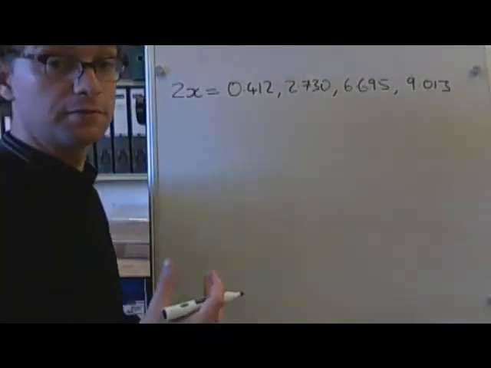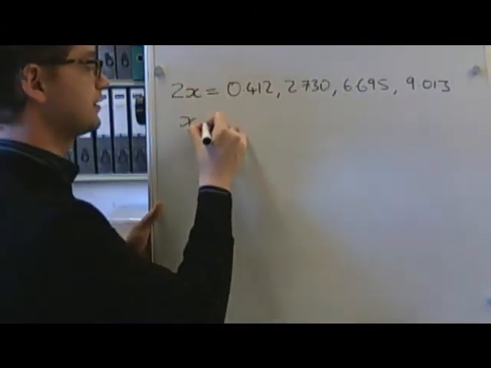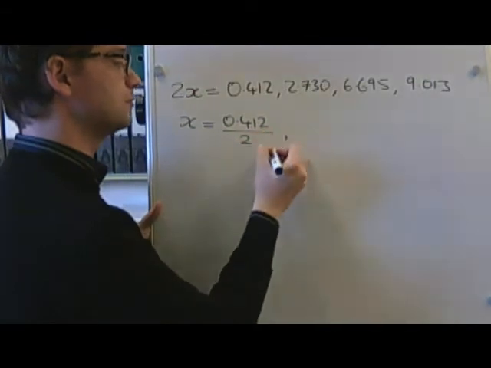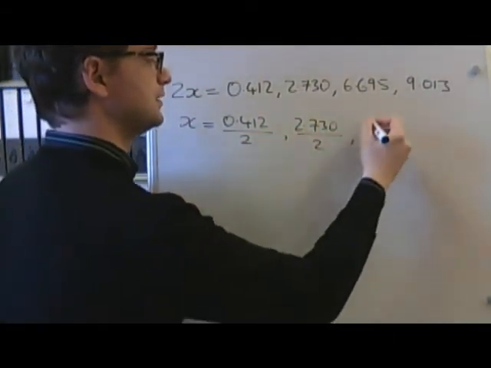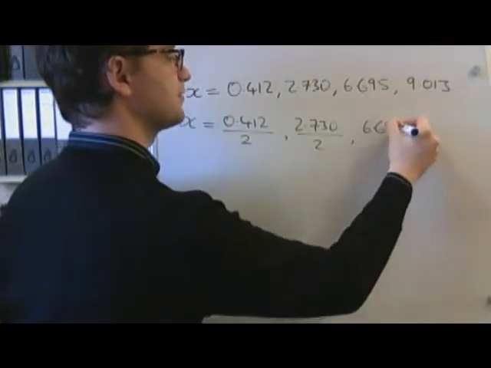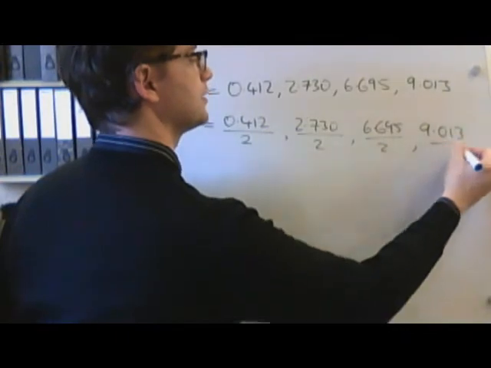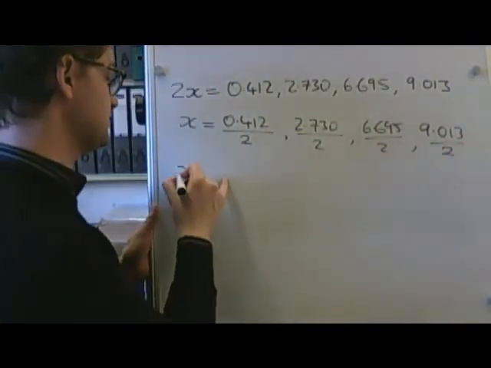And now what I'm going to do is halve all of them. All of these things are possibilities for 2x. So x just equals 0.412 over 2. And 2.730 over 2. 6.695 over 2. And 9.013 over 2. So to get my 4 possible solutions here,